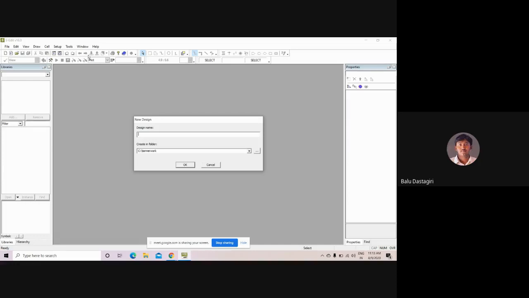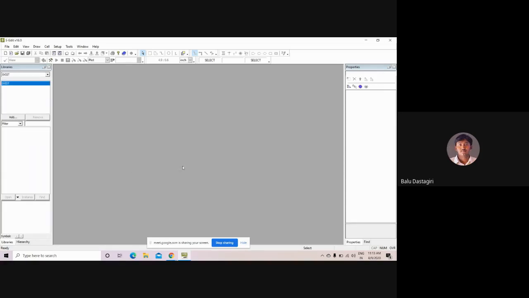The design name is not specific, so you can give any design name here. I'm giving the design name as switched. Create in folder is where we want to store the project. I have chosen the C drive Tanner work folder. Once after giving the design name and create in folder, click on OK here.